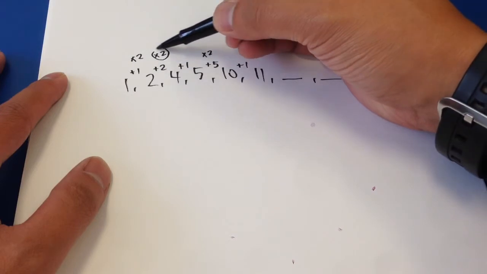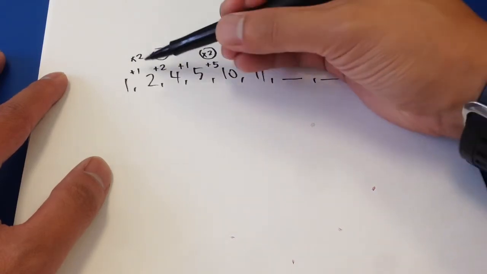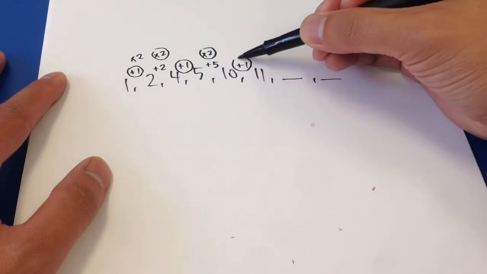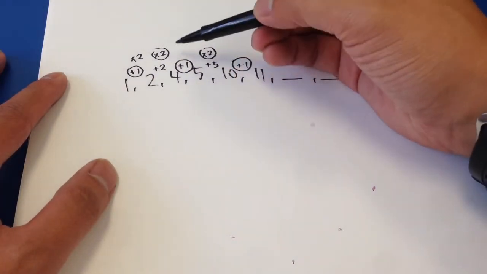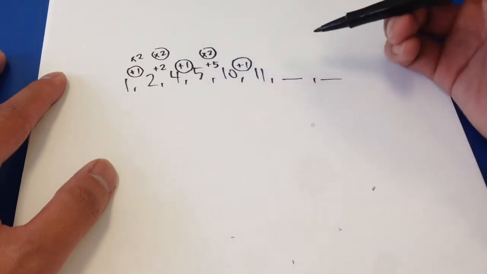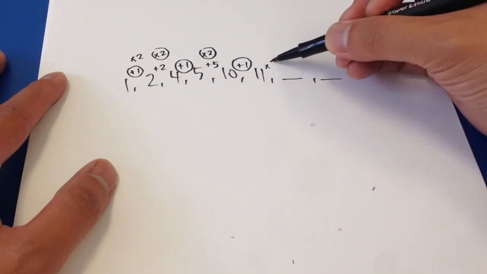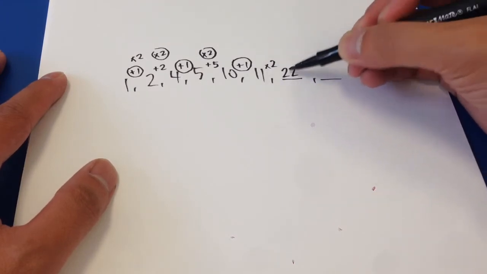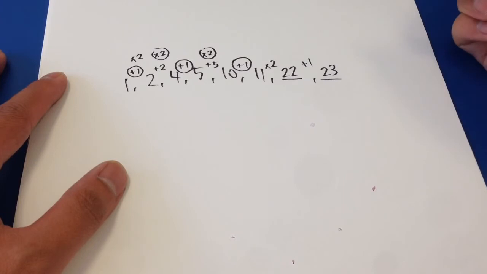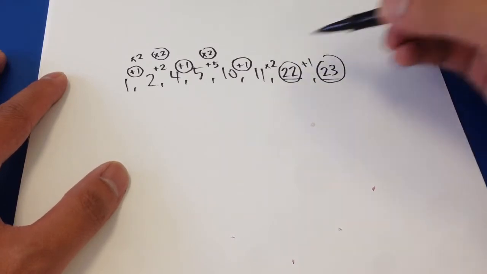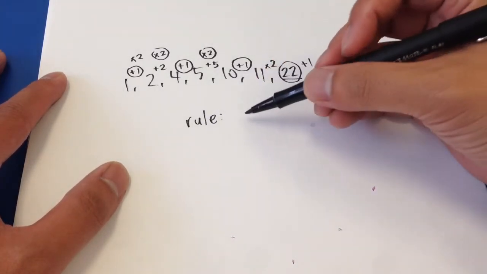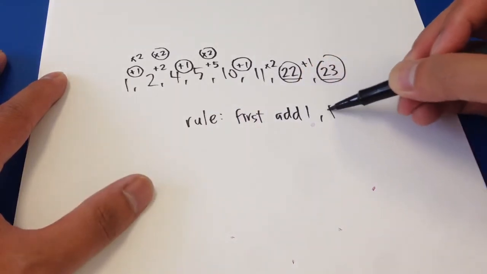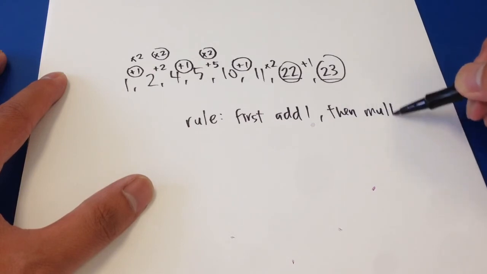I see times 2 here, and I see times 2 here, and here I see add 1, and add 1. So there must be two operations. Add 1, times 2, add 1, times 2, add 1. My next number must be multiplied by 2, and this one add 1. So 11 times 2 is 22. 22 plus 1 is 23. So these are my next two numbers in the sequence, and my rule is two parts. First, add 1, then multiply